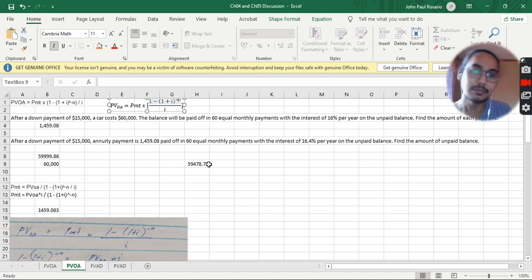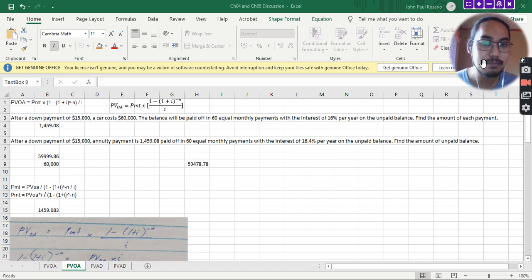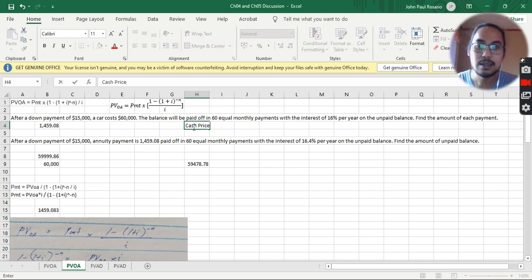For example, after a down payment of $15,000, a car costs $60,000. The balance will be paid off in 60 equal monthly payments with the interest of 16% per year on the unpaid balance. Find the amount of each payment. Here, guys, this is a problem wherein there is a down payment. If you will be asked how much is the cash price, the cash price is simply the down payment